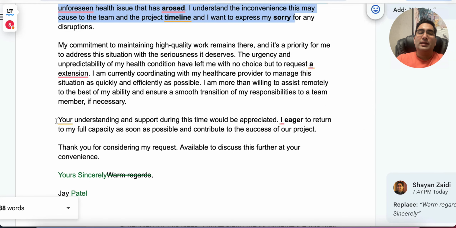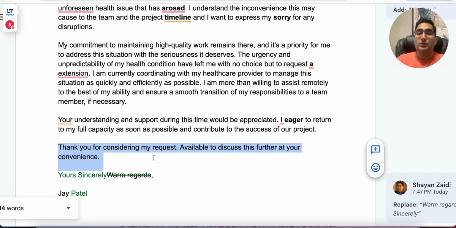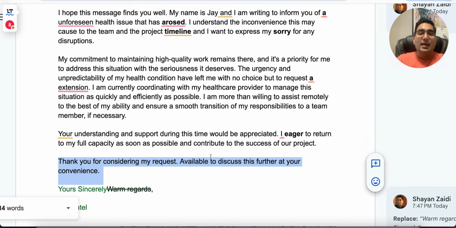Then the problem is, look at these last 2 paragraphs. They are both conclusions. There should just be 1 paragraph for a conclusion. You don't have that many words, and even if you had words, in formal emails you always have 1 paragraph for a conclusion. So pick any one here. I would go with this one, fewer words and to the point as well. Okay, so that's the other problem.